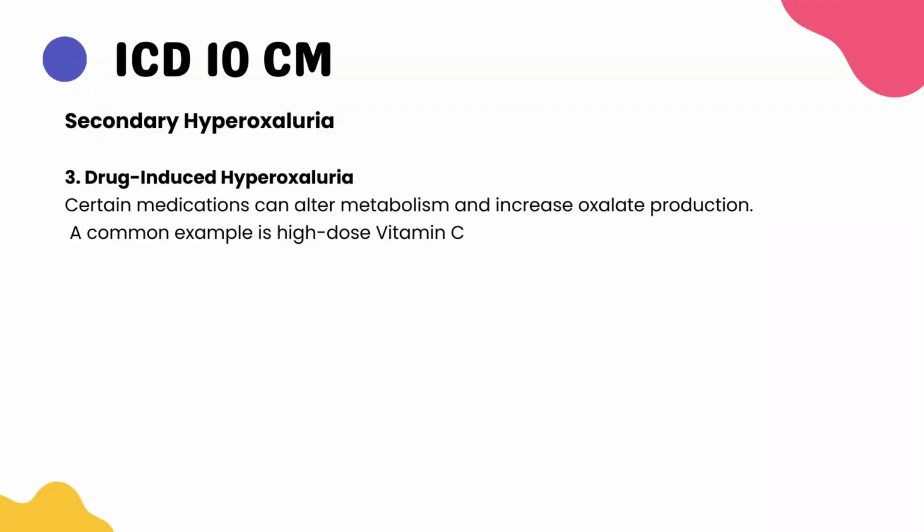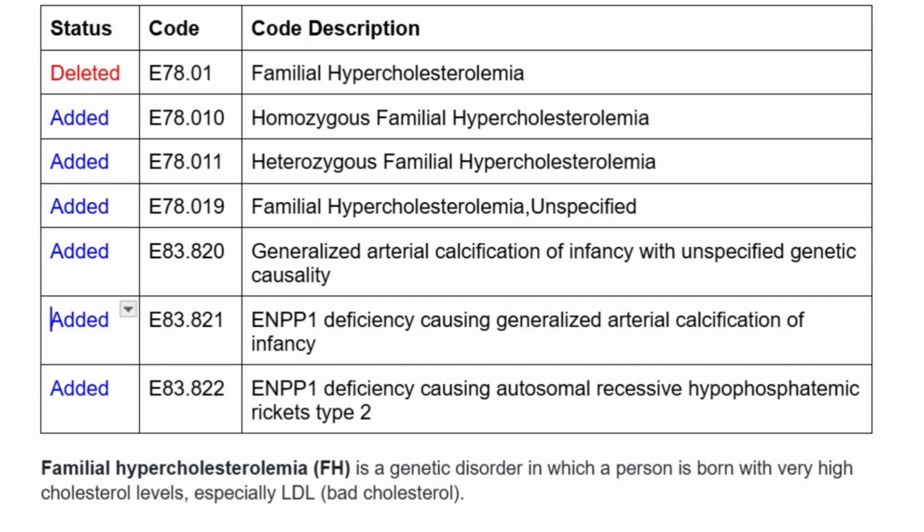3. Drug-induced hyperoxaluria. Certain medications can alter metabolism and increase oxalate production. A common example is high-dose vitamin C. The next important update is about familial hypercholesterolemia, also called FH. The new code range added for this condition is E78.010 to